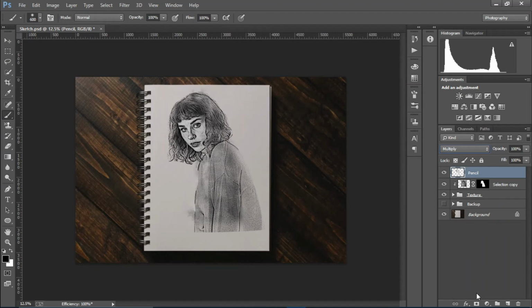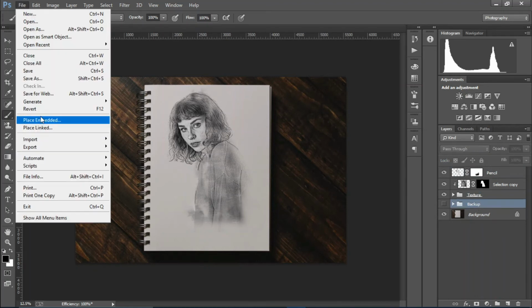And now I'm gonna just press the layer mask icon, and I'm gonna just erase it from some parts and just decrease the opacity, something like so. That looks good. Okay, so now what we're gonna do is I'm gonna select this backup layer, and we're gonna go to File,